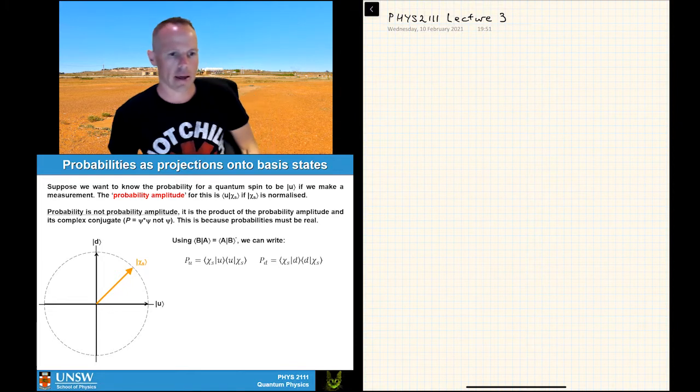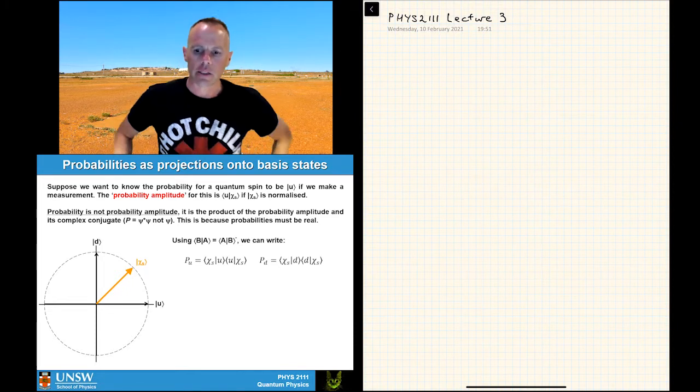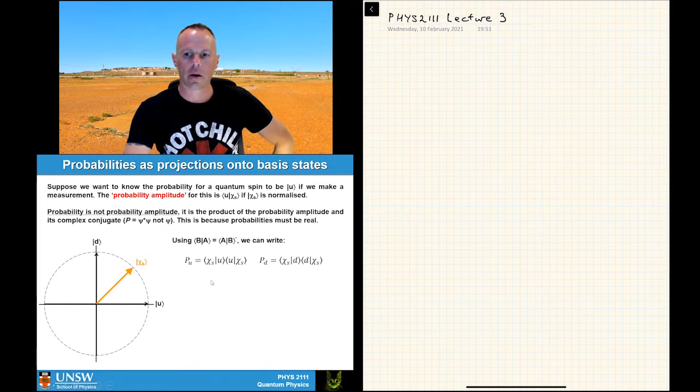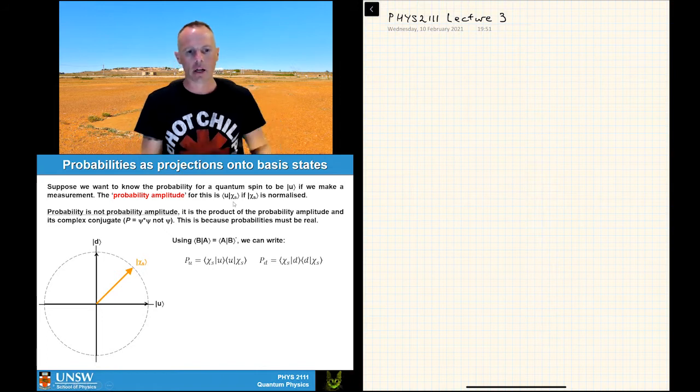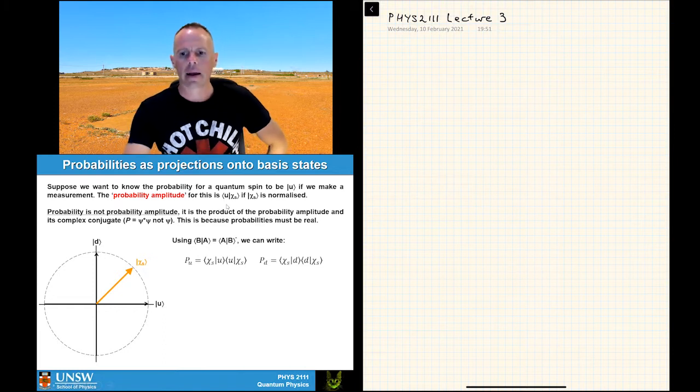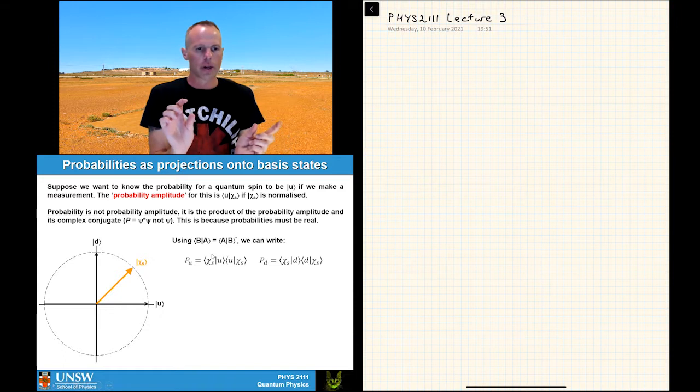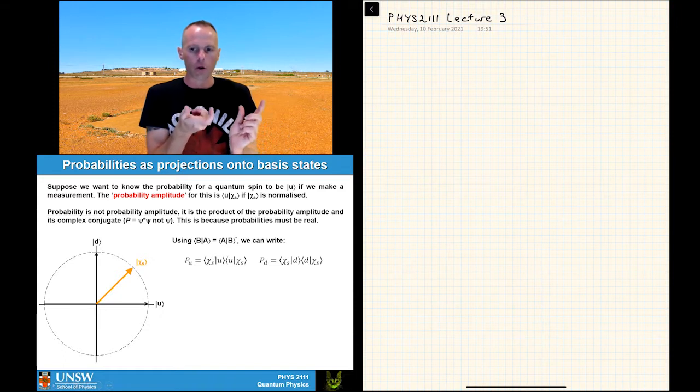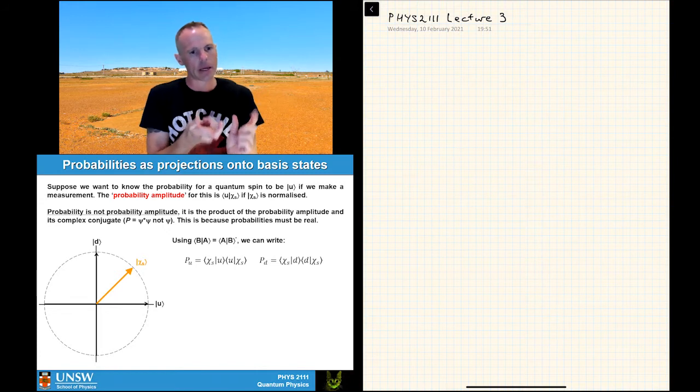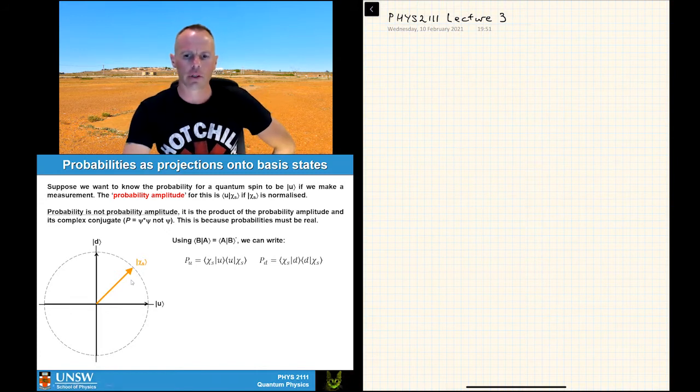We'll come back and talk about that a little bit later. All right, so what we're really doing in here is taking the inner product and multiplying it by its complex conjugate. As you know, that's the equivalent of reversing the order of the bra and ket in that particular case. And so what we can do here for this particular state chi s is calculate the probability of